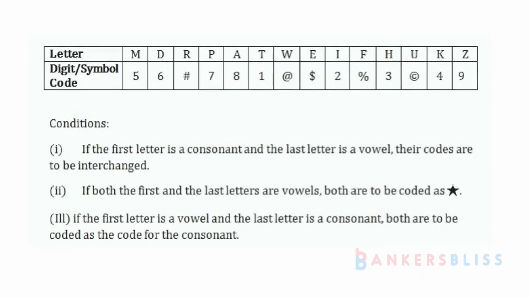In this problem, M is coded for 5. Look here, the letter or symbol is to be coded: M has to be coded as 5, D is coded for 6, R is coded for hash, and P is coded for 7, A is coded for 8, T is coded for 1, W is coded for @, E is coded for $, I is coded for 2, F is coded for percentage, H is coded for 3, and up to the Z, they are coded,